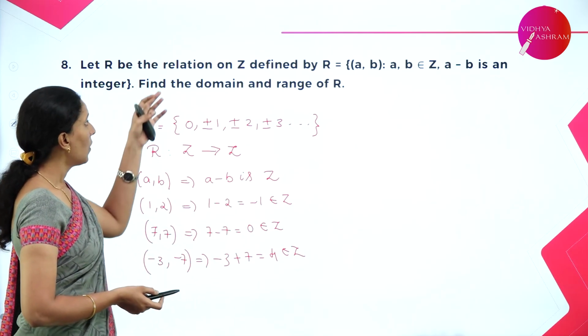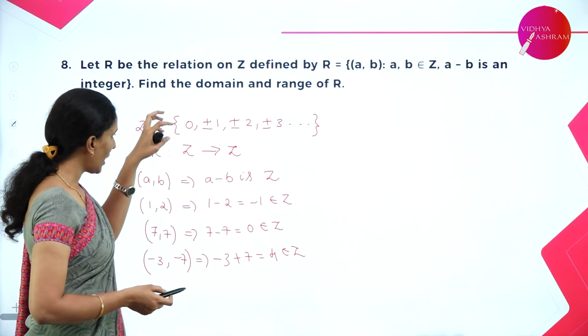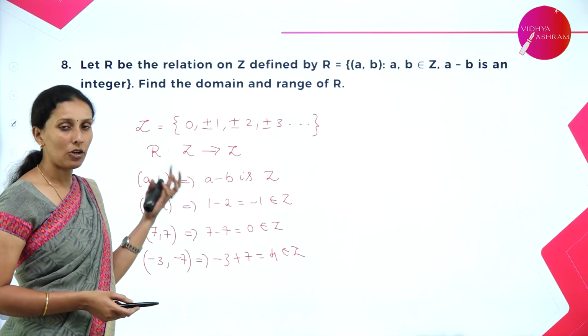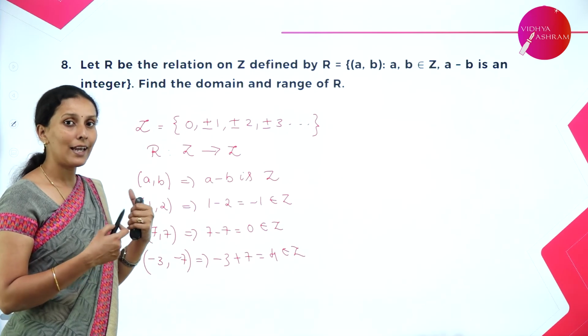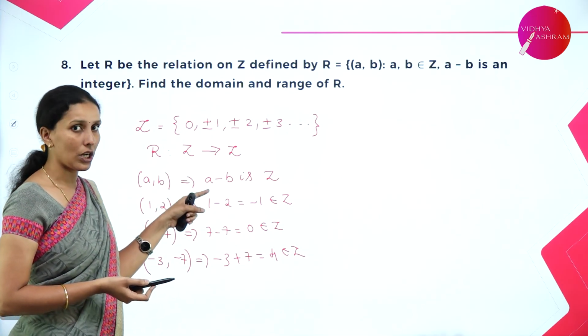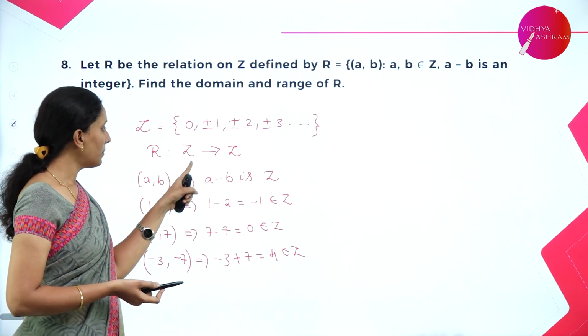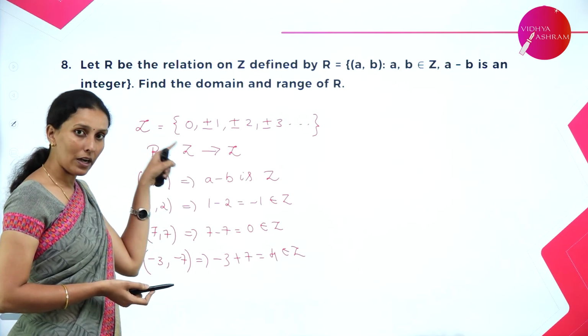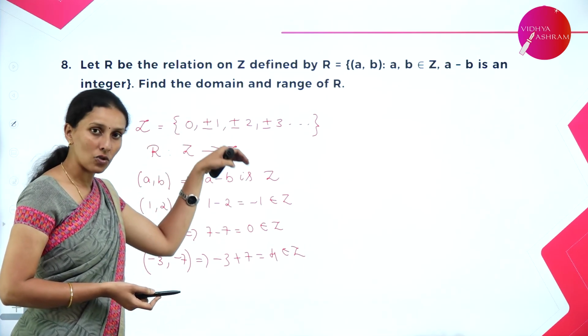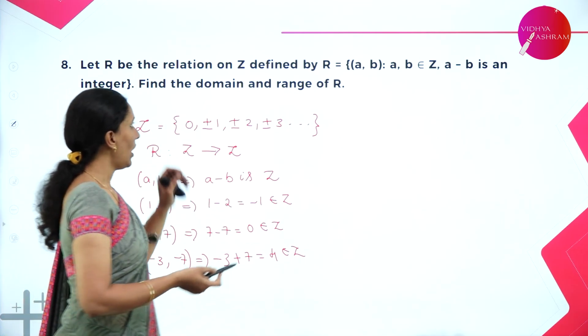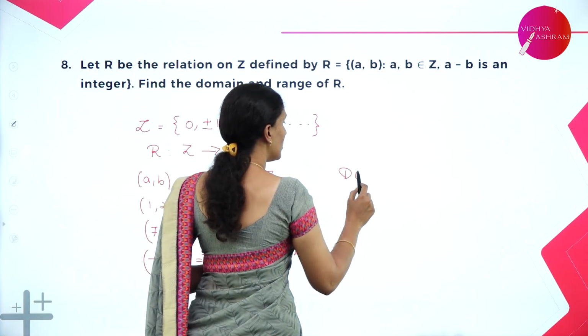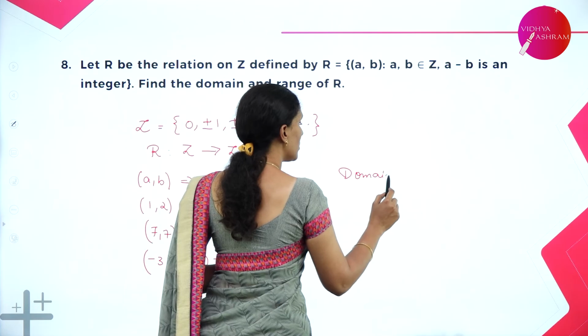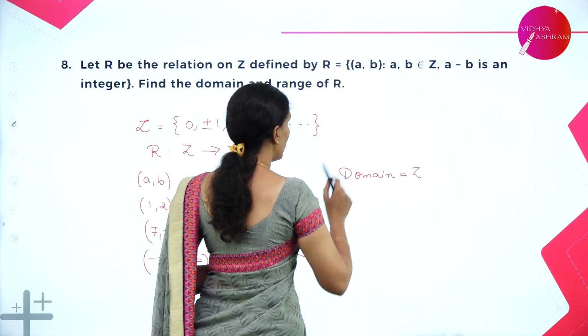So what is the domain here? You are taking any elements from the set of integers, so you can take any value from the set of integers. All the numbers in the set of integers are in relation here, whose image is also a set of integers. So clearly we can say the domain is the set of integers only